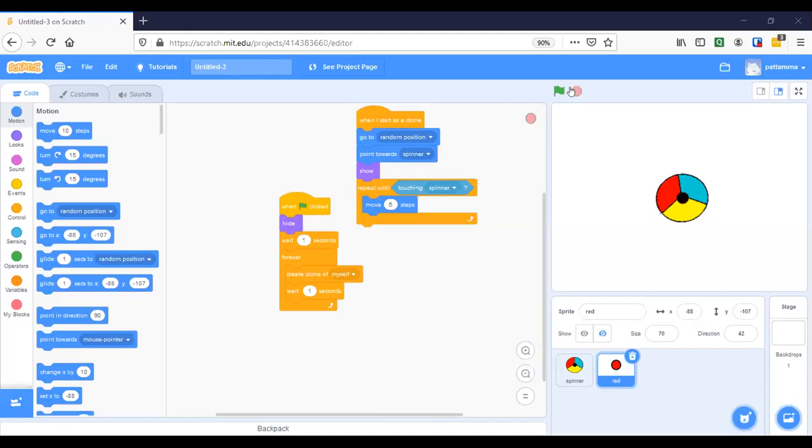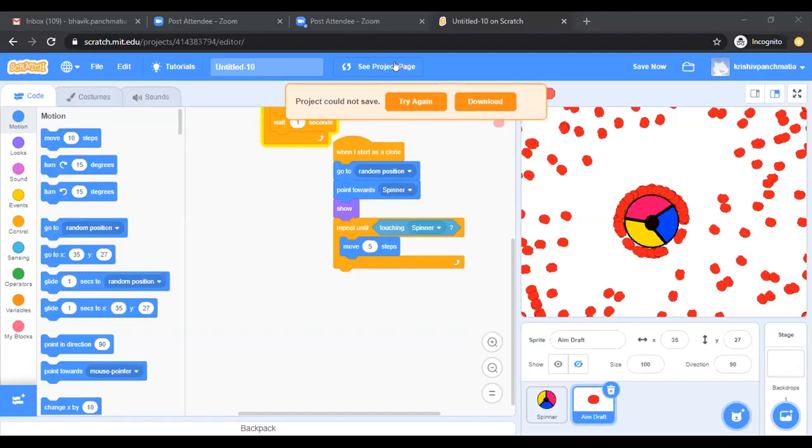Sir, something is appearing on my screen and it is saying project could not save, and it's not moving on. That could be an antivirus that you have installed, right? No, it is in Scratch only. Scratch auto saves your projects, no? Show me your screen. Sir, see this.